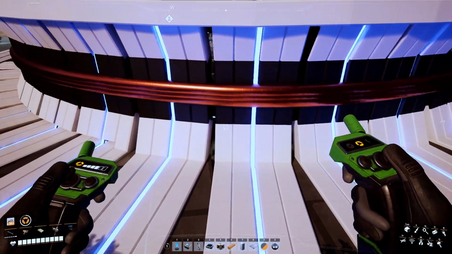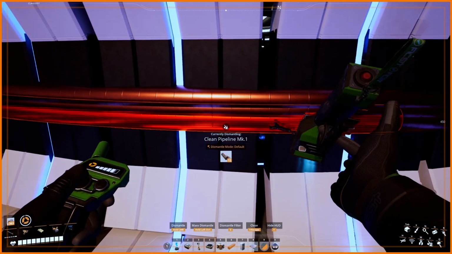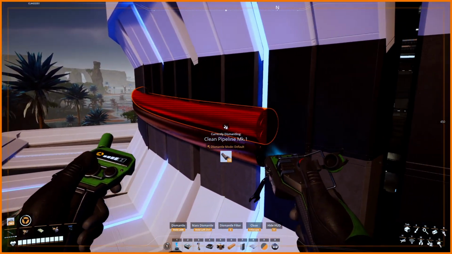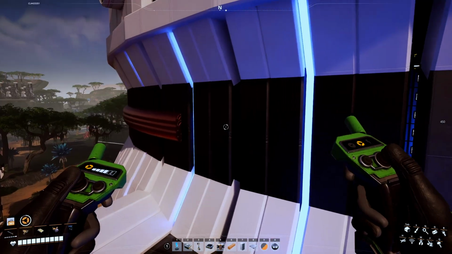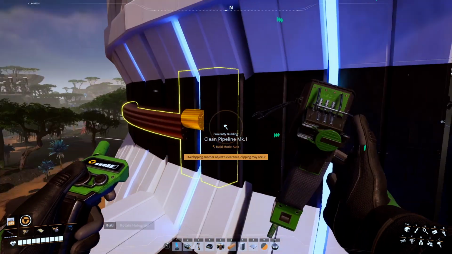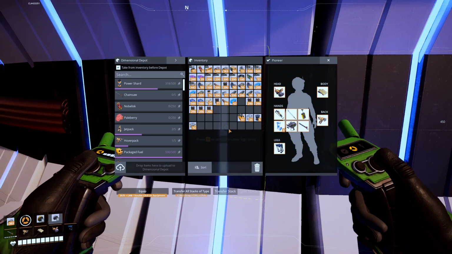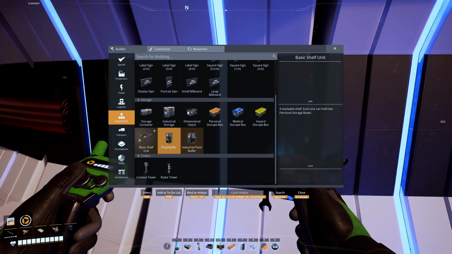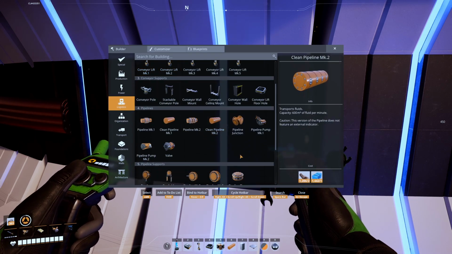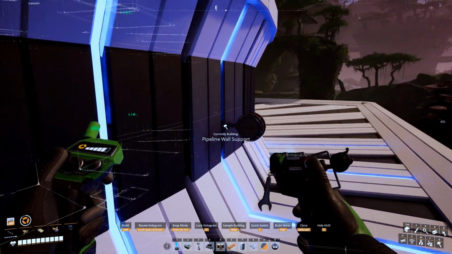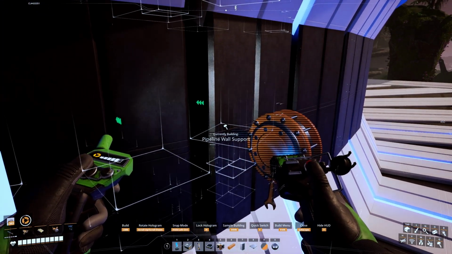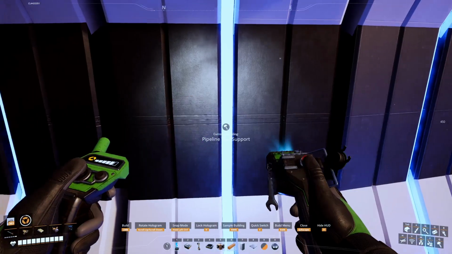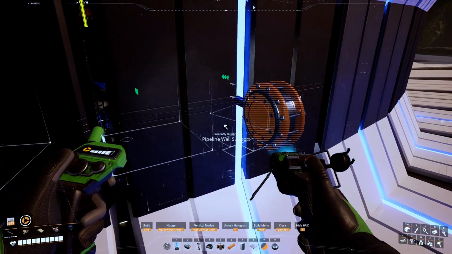So another one I want to show you guys is this copper pipe here, which is just a standard pipe. Just a normal pipe, nothing special here. Alright, so the way that I did it was, you want to get the supporting piece for the pipe, which is going to be the little wall mount. I think you have to unlock this in the shop, but by this time, I mean phase 3, you should already have this. So just again, what I did was, I think I just chose next to the light,